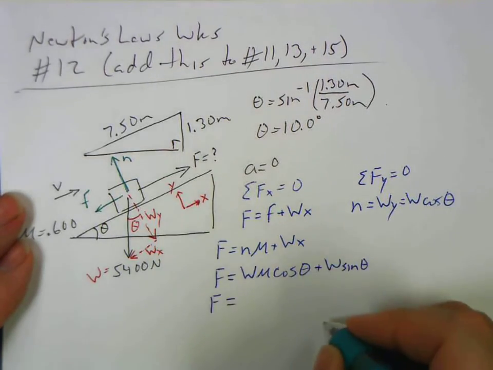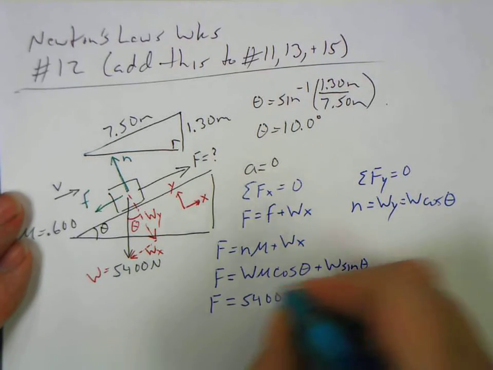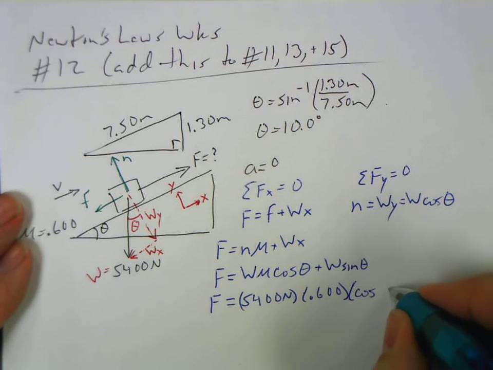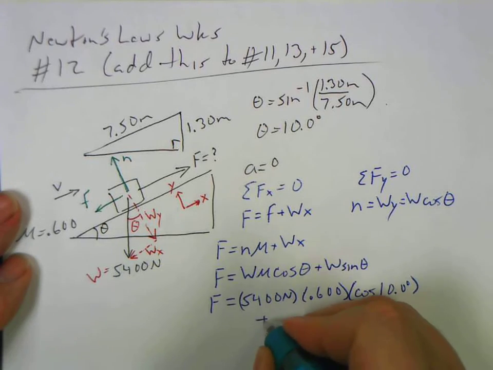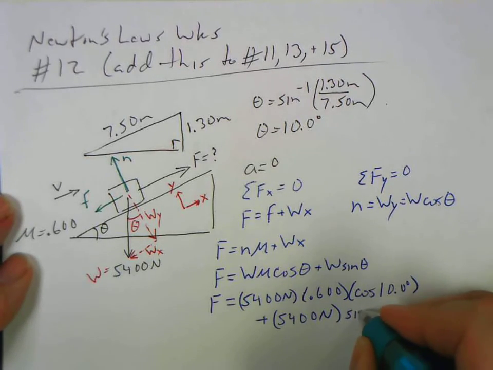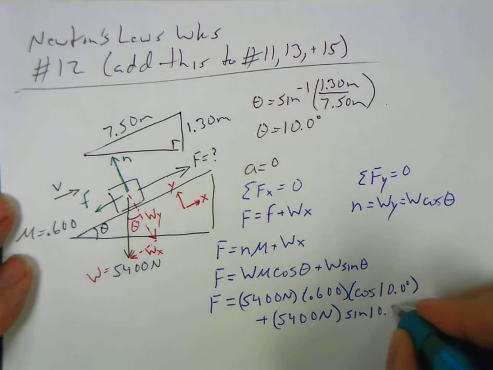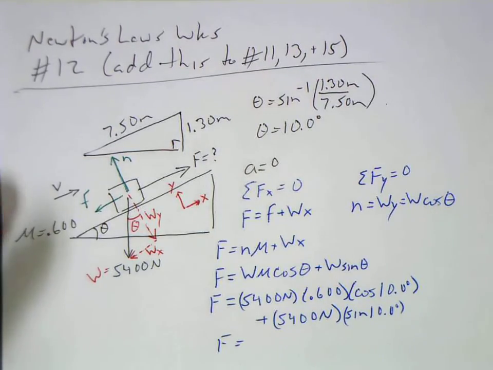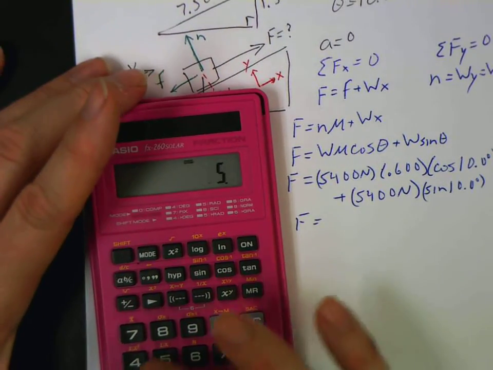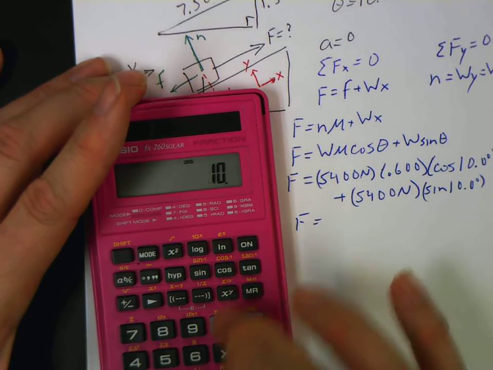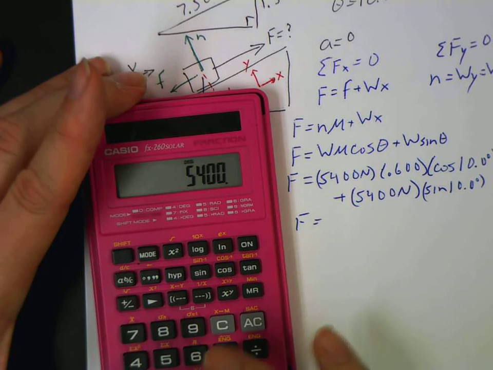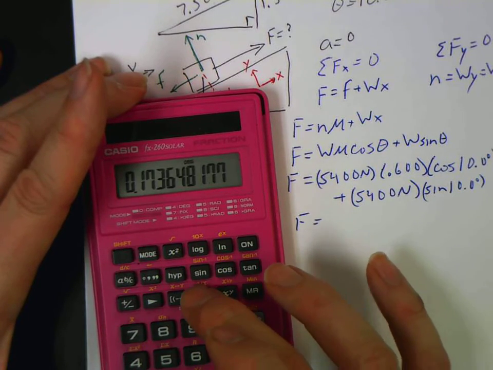And now we can plug in some numbers and actually get an answer. 5,400 newtons. Mu is 0.600, no units. Cosine of 10 degrees plus the weight, again, 5,400 newtons. I could have consolidated that out the front, factored it out, but it wouldn't save me much space. Multiplied by the sine of 10 degrees. Calculator time. 5,400 times 0.6 times cosine of 10 degrees, plus, open parentheses, 5,400 times sine of 10 degrees, close parentheses, equals